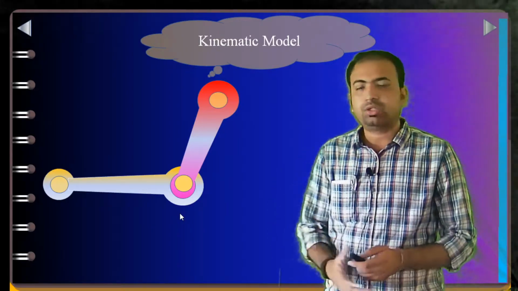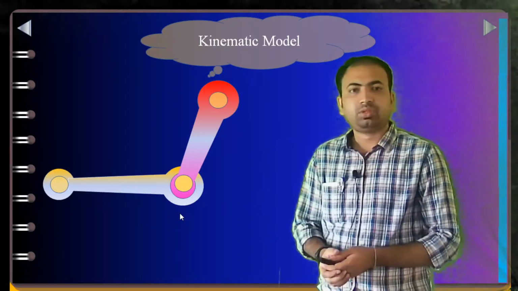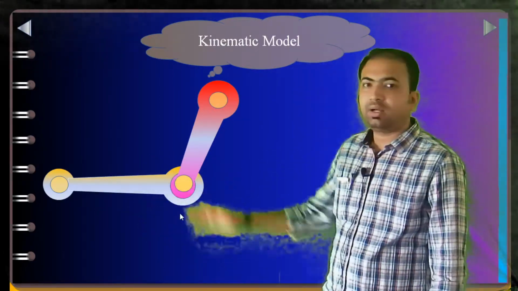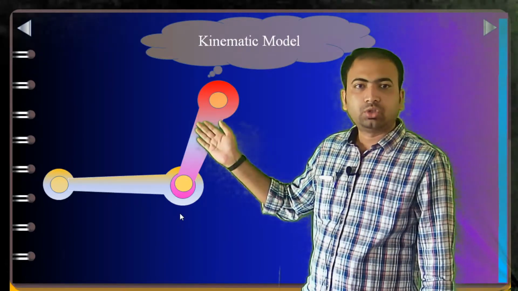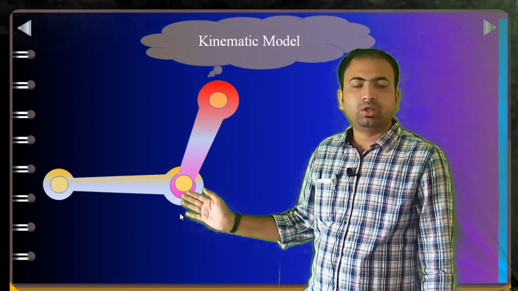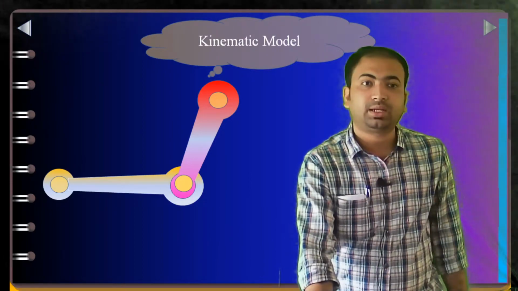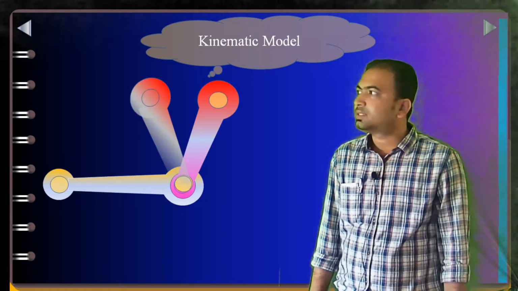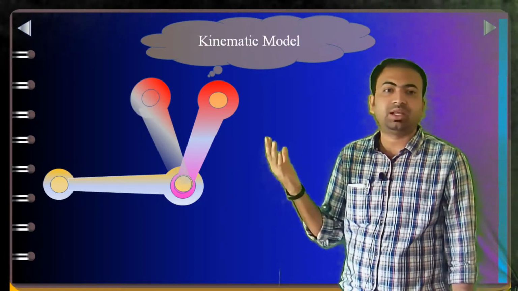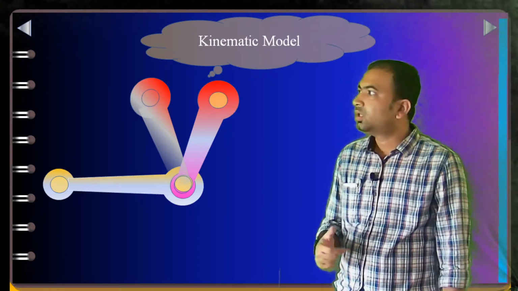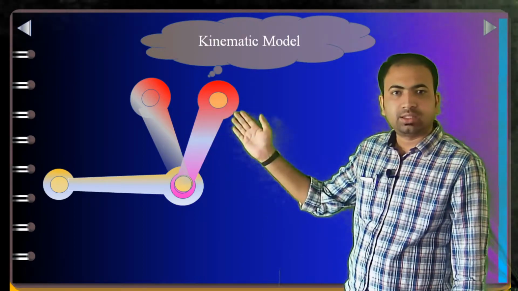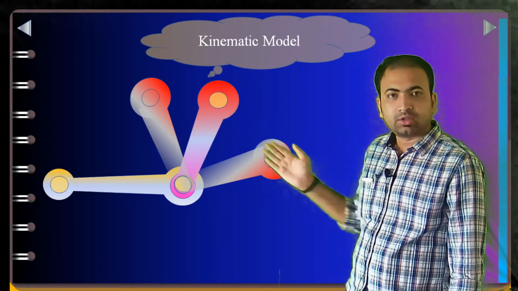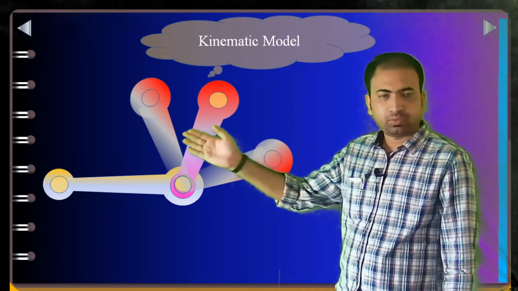In the case of a rotary joint, as you can see in this diagram, we have one link, this link, and we have another link, this one. Both the links are connected with one joint, which is a rotary joint. Now, as we have connected both the links with a rotary joint, the second link, you can see this link, can move in this direction as well as in this direction. That means it may rotate, right?